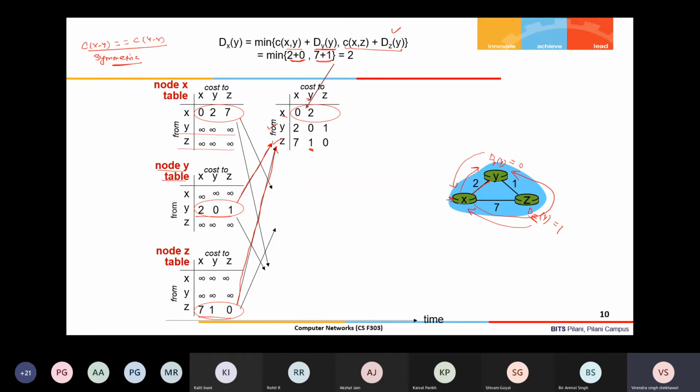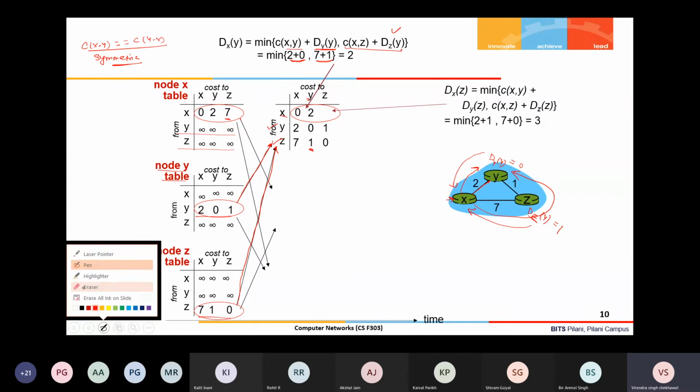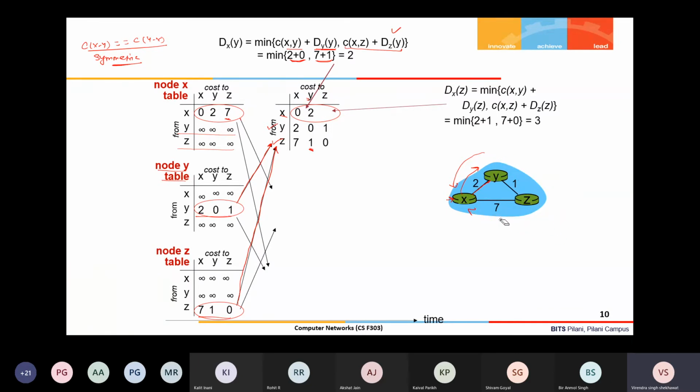At present, this is the cost for node Y from X, right? Now we'll see the Bellman-Ford equation for node Z. The present cost for node Z from X is 7, right? Now we'll see, let me clear this part so it will be easy for you to understand.